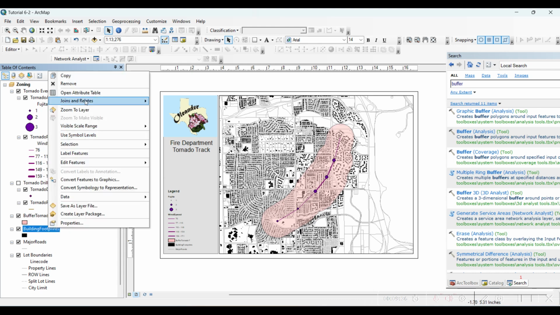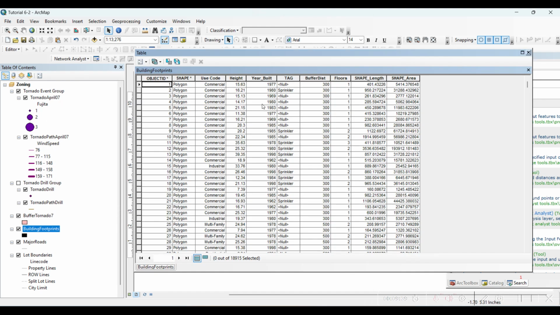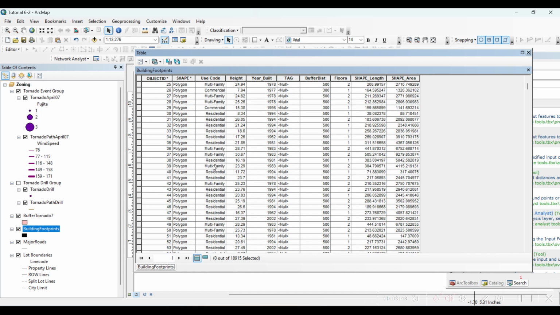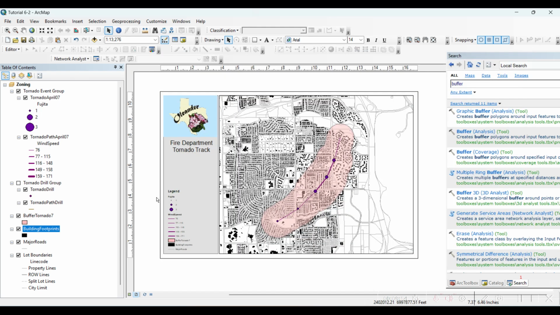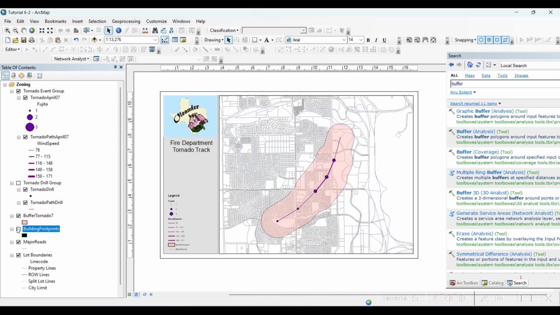So we have these building footprints here. So these are the buildings. This is the use code. What kind of buildings? Commercial, residential, multifamily, etc. With floors, with the year built, etc. So this is a building footprint,